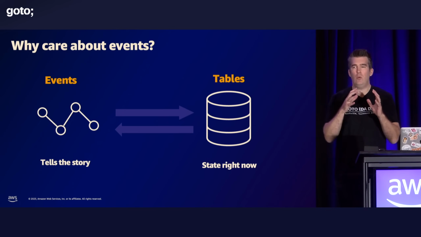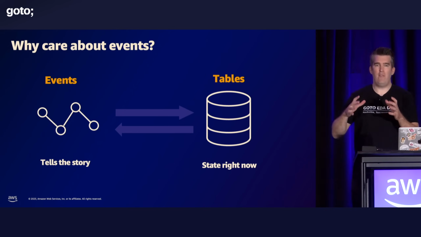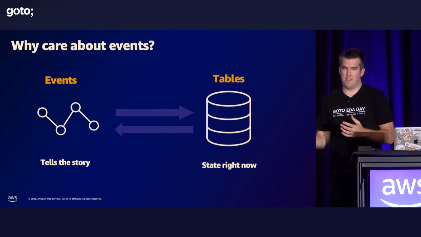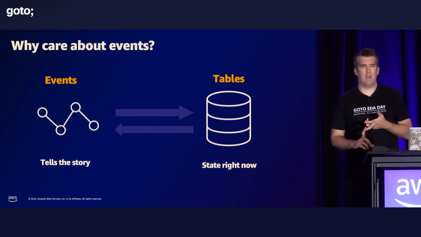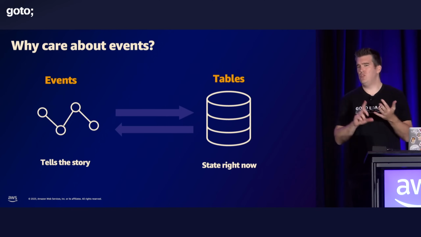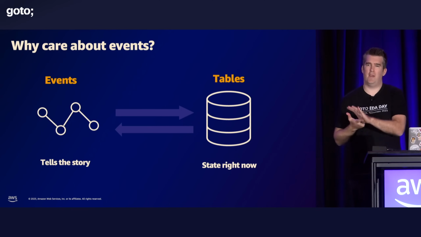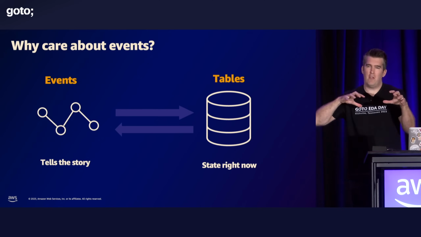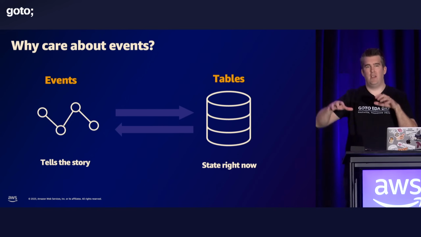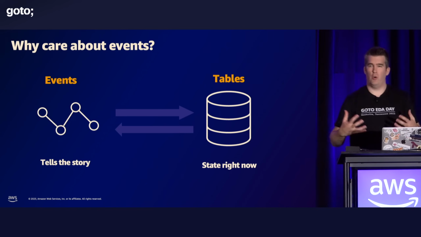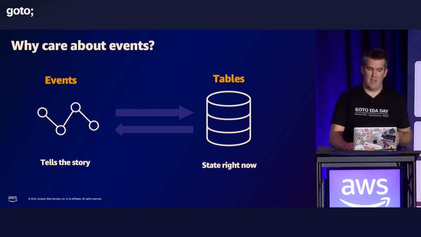Now, every organization I've worked with, everyone is interested in events. So what did the customer do? Dave, what time did Dave wake up today? What time did he order pizza? Why did he drop off? Why did he pick pineapple? Why didn't he pick this one? We're trying to figure out what our users are doing in our applications, and events can really help us dive deeper. And what you'll find with most modern applications is we have events and we have state.